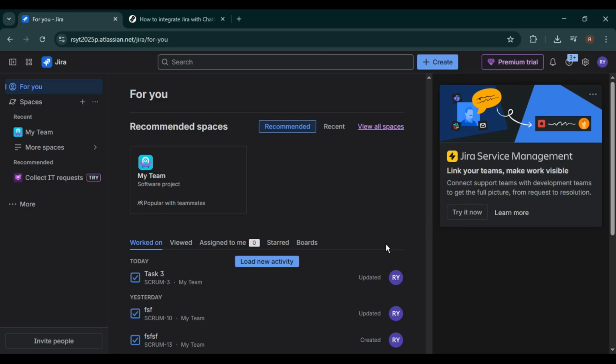In today's video, I'm going to show you exactly how to integrate Jira with ChatGPT step by step, so you can start using AI directly inside your Jira workflow to write better issue descriptions, summaries, and more. This integration is perfect for product managers, developers, scrum masters, and agile teams who want to save time and improve clarity in their Jira tickets. We'll go through the entire process from start to finish, and by the end of this video, you'll have ChatGPT